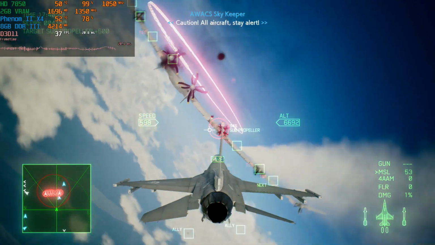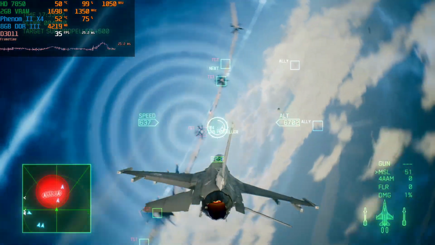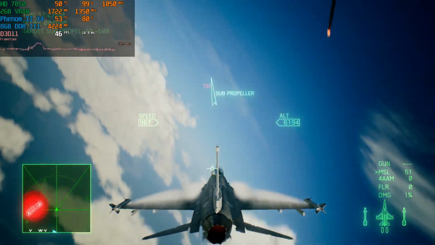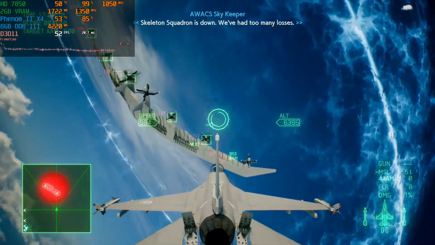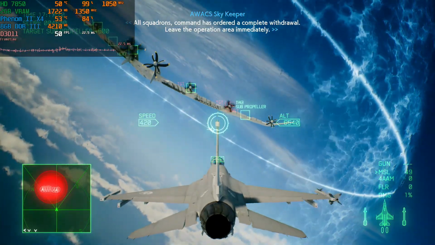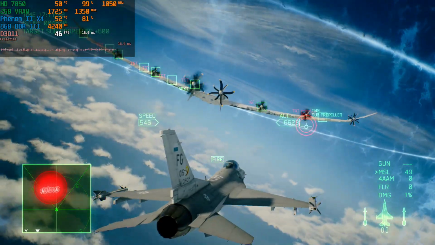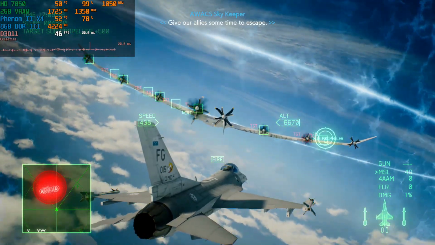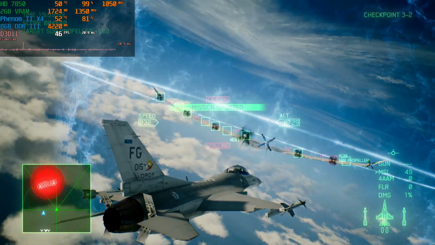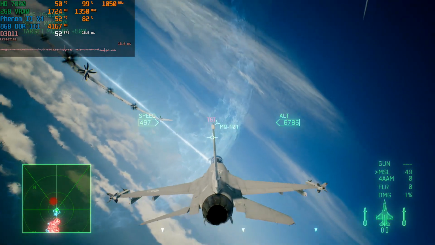What the hell? Caution, all aircraft stay alert. Get out of there! Breaking! Control's gone! I'm breaking up! Skeleton 2 lost. Shit, we got incoming! Skeleton Squadron is down. We've had too many losses. All squadrons, command has ordered a complete withdrawal. Leave the operation area immediately. Brilliant observation. If they'd noticed earlier, more of us would have survived to hear it. Save your chatter for the debriefing. Golem and Mage Squadron, give our allies some time to escape. We'll go, but Golem 2's hit. Gotta send her back. Let's get dirty, Trigger. Stall warning. Shoot down those UAVs. Don't let them touch any friendlies. Golem 2, head back to